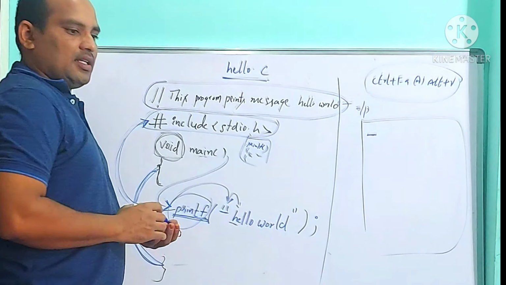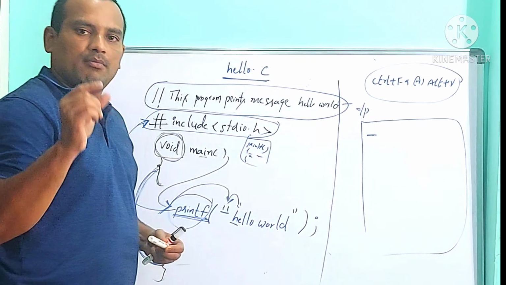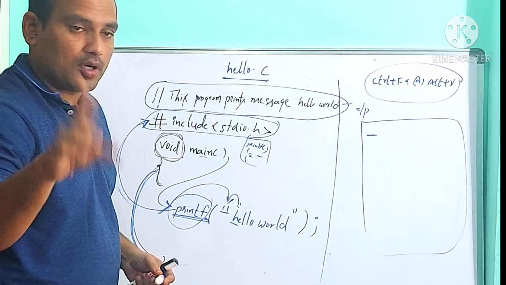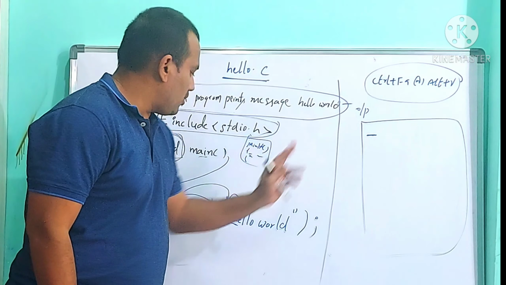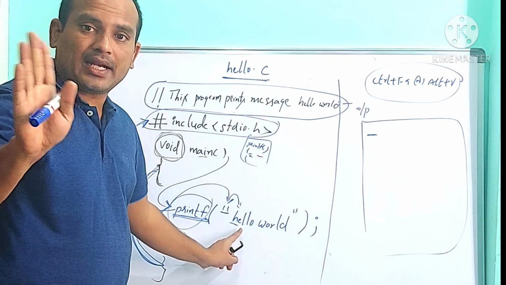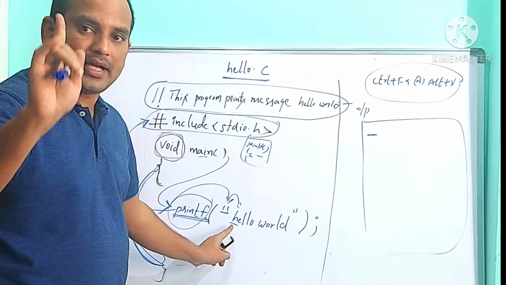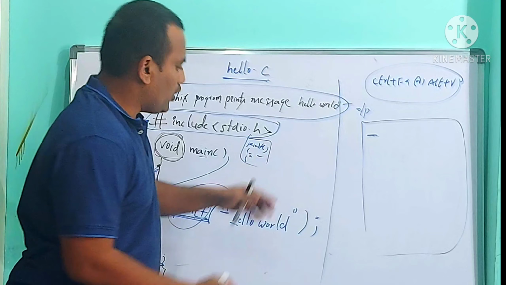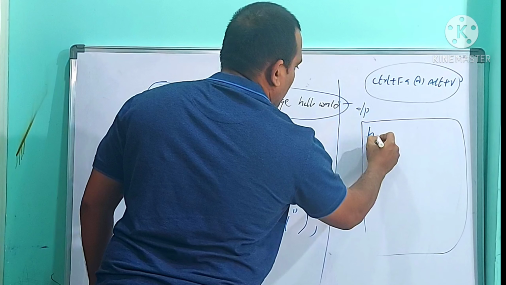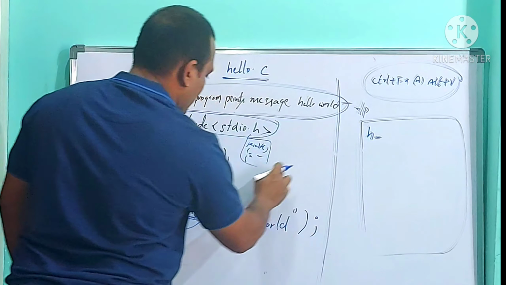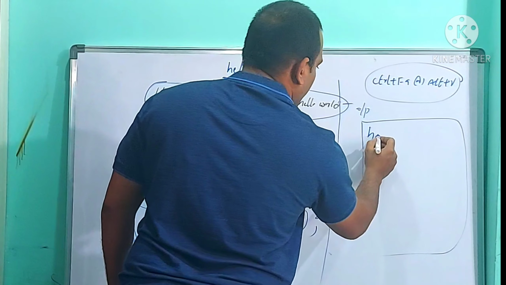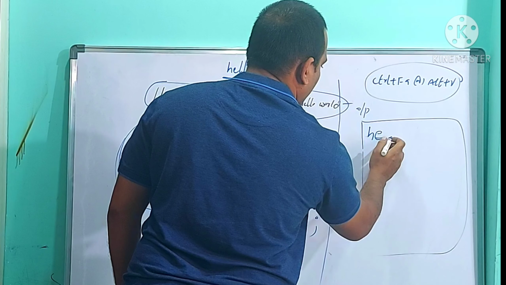While the runner is printing a character, that character must be printed at the output cursor position only. Assume the cursor position is here. Now what is the first character? The runner can print only character by character, not message by message. The first character is H. So the runner takes H and prints it at the cursor position. It moves the cursor one position right. Again it comes back. What is the second one? E. So it prints E and moves the cursor one position right.